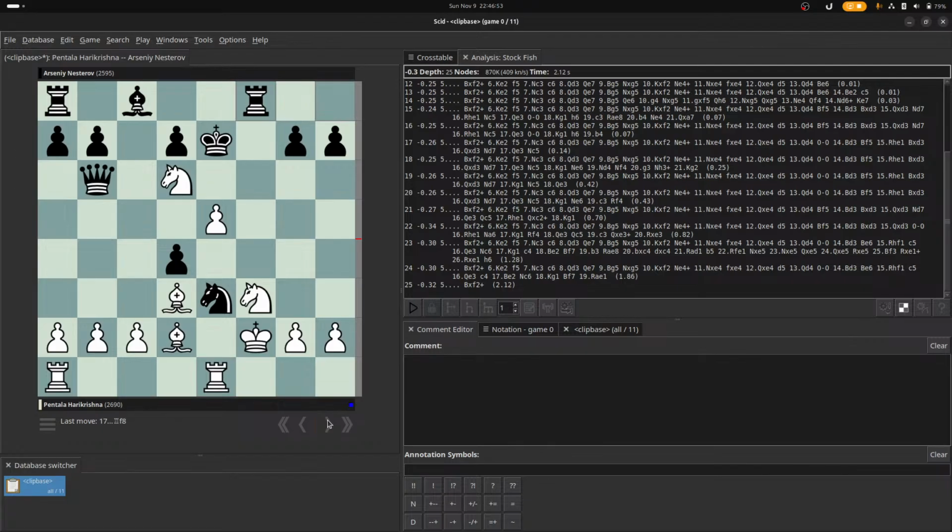Okay, and saying rook to f5. Okay, rook takes e3. D takes e3. Bishop takes e3. Rook takes f3. King takes f3. Queen takes b2. And then there is a check, which is